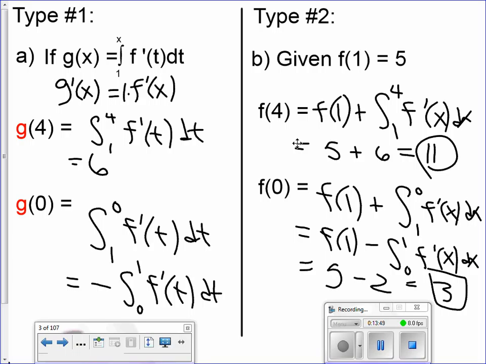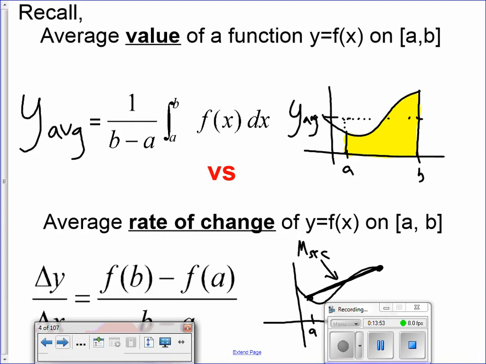Okay, we're going to get back to those homework questions, but sometimes the words trip us up, and when things are similar, I really like to juxtapose them, if I can use that word. All right. I want you to see the difference, because you'll be asked for the average value of